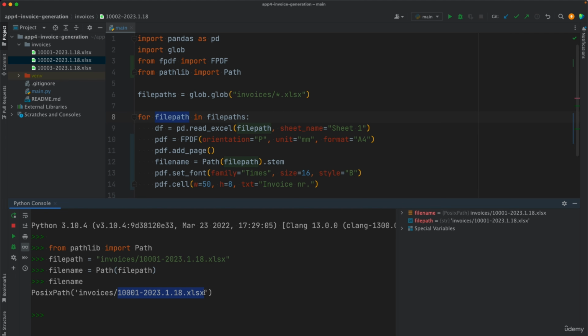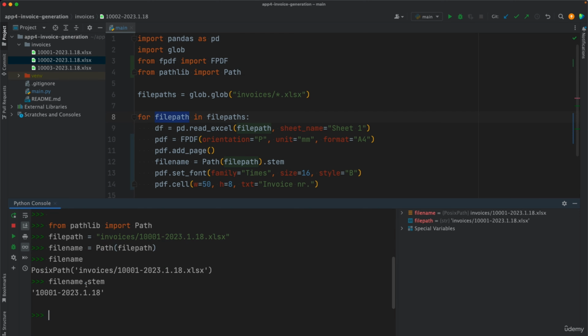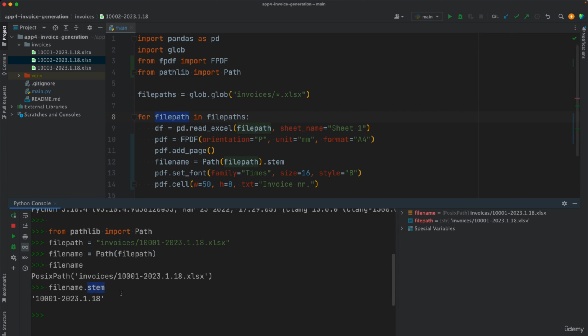So it's some sort of intelligent string which is specialized for file paths. Therefore, out of the file name we can extract the stem. The stem is like a property of this type of object. So that gives us that without the extension. So filename is that for the first iteration. In the next iteration it will be that file name. In the third iteration it will be that file name without the extension, of course, as you see here, and